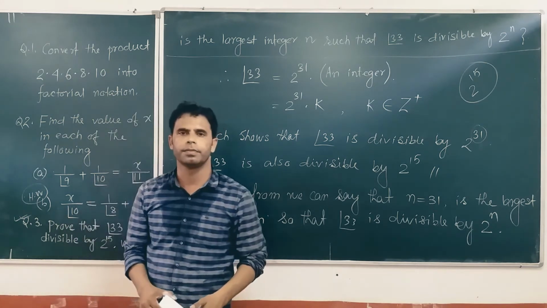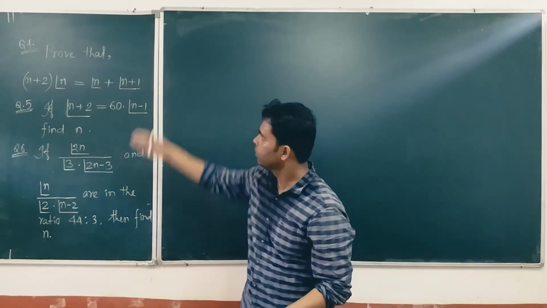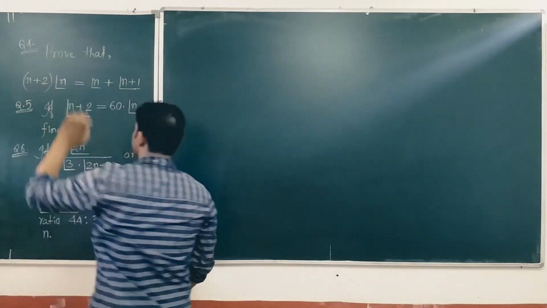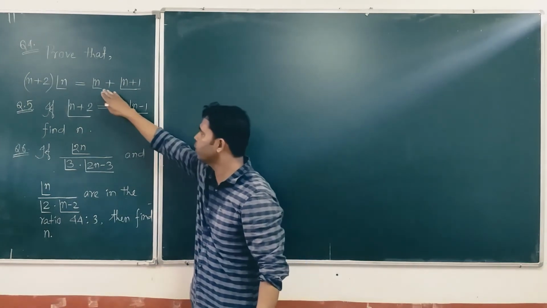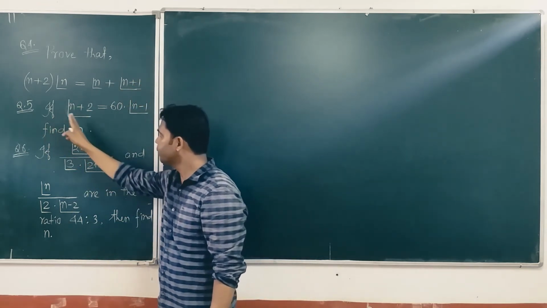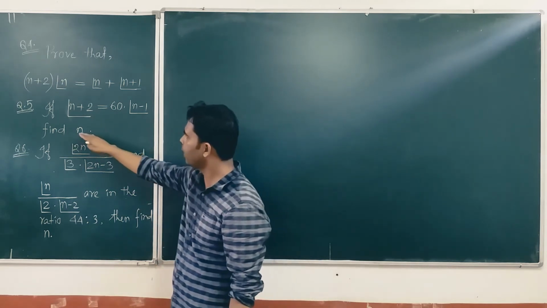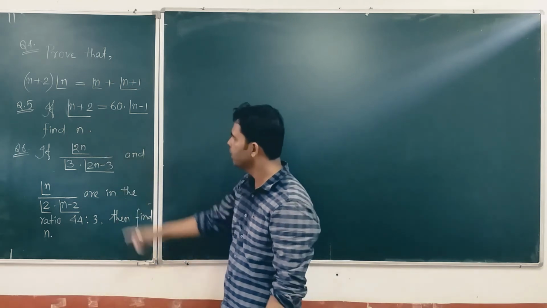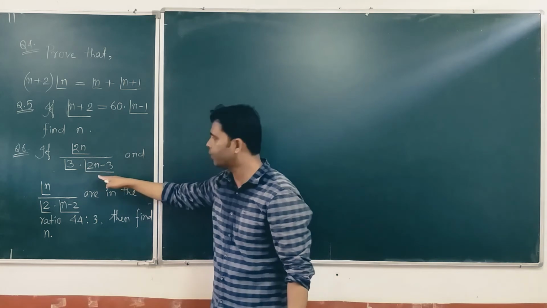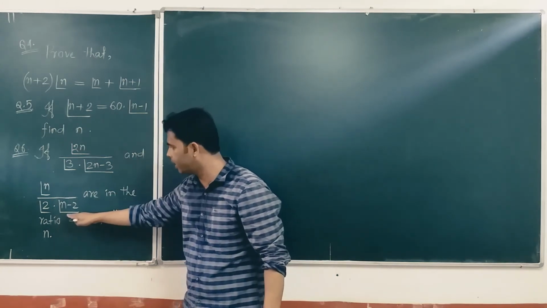Okay, now you can take these 3 questions. The first question is: prove that n plus 2 into factorial n is equal to factorial n plus 1. The second: if factorial of n plus 2 is equal to 16 into factorial of n minus 1, then find the value of n. And the third: if factorial 2n divided by factorial 3 into factorial 2n minus 3, and factorial n divided by factorial 2 into factorial n minus 2, are in the ratio